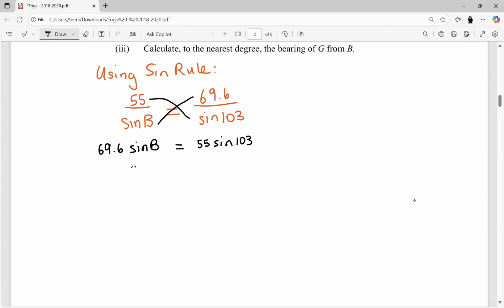So therefore, sine of angle B is equal to 55 sine 103 divided by 69.6. So therefore, sine B is equal to, let's see what that is, 55 sine 103 divided by 69.6 is